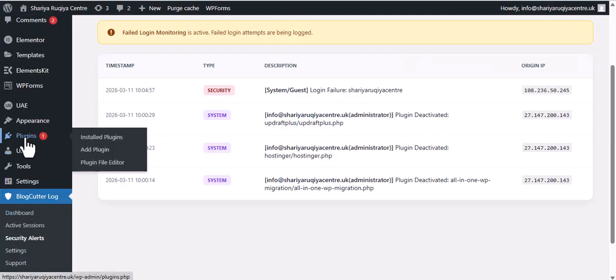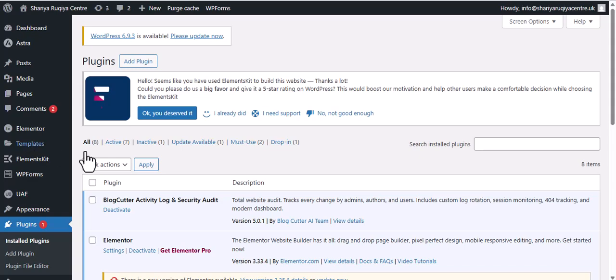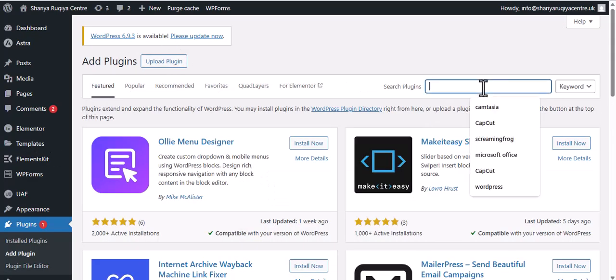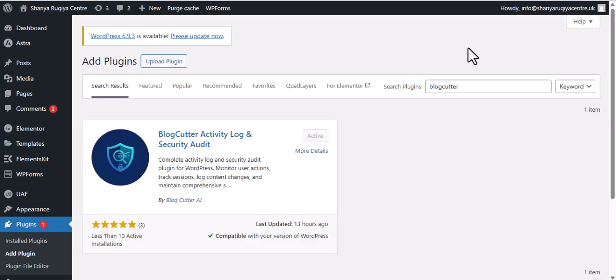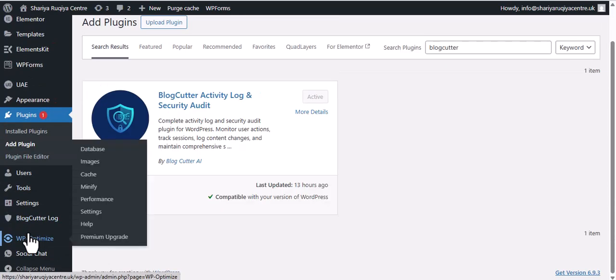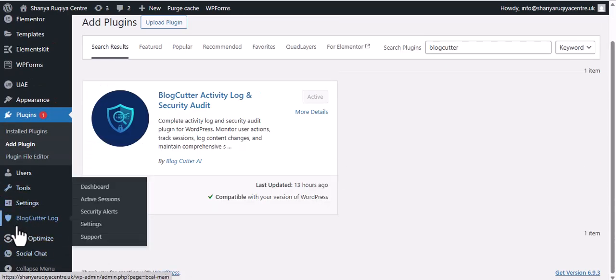When you click the plugin, just add a new plugin, add plugin, just click here Block Cutter. So when you click Block Cutter, then comes here and install and activate this. Then when you click the other menu here, the Block Cutter log, when you click here,